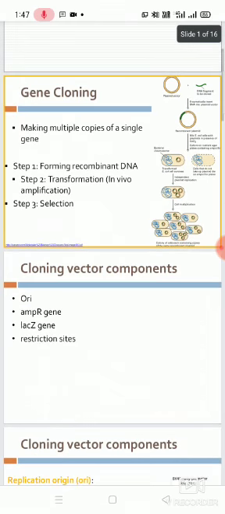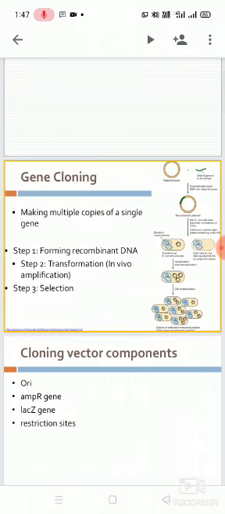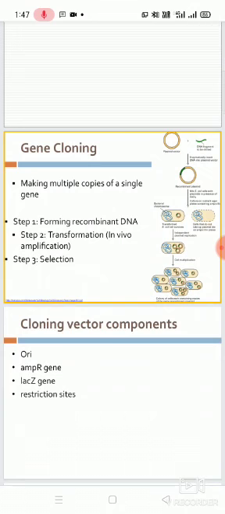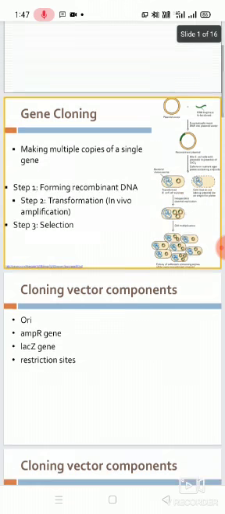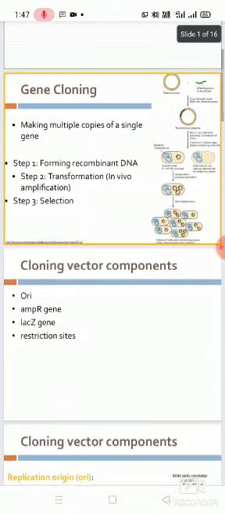By looking at this picture given here, we can clearly understand the process of gene cloning, which mainly requires a plasmid vector and a DNA fragment that has to be cloned, that is the gene of interest. With the help of different enzymes, this DNA fragment will be inserted into the plasmid vector and will finally result in a recombinant plasmid. This recombinant plasmid will then be transferred, or transformed, into host cells.